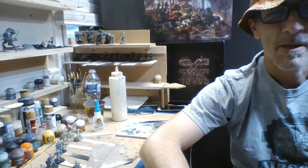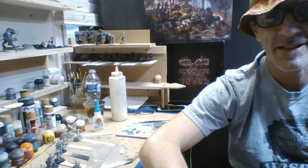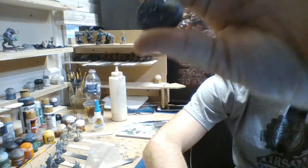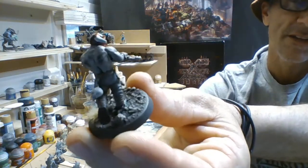Hi y'all, welcome to my video on basing with sand. And by basing with sand I mean putting sand on the small bases of miniatures, and it's miniature rocks of